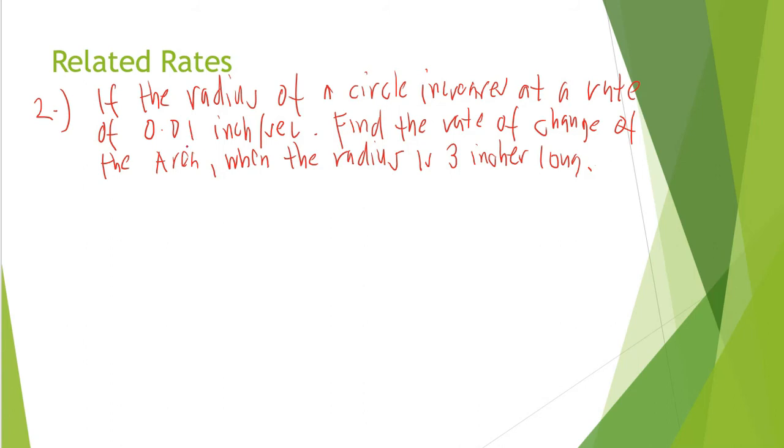Okay, next example. If the radius of a circle increases at a rate of 0.01 inch per second, find the rate of change of the area when the radius is 3 inches long. So first step is to identify the given values from the problem. So this is a worded problem. We have a given. Ang given dito, so we have 0.01 inch per second. So this is the dr over dt,